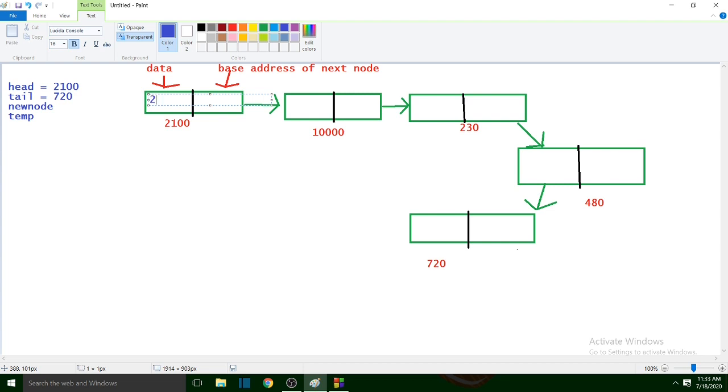So let's say some data is input by the user, that is 2, and the address of the next node. What is the address of the next node? Which is 10,000. 10,000, as you can see, is the address of the next node. So 10,000 will be here, this will be 3, and the address of the next node is 230, so 230 will be here. Here let's say user enters 4, 4 will be stored here, and the address of the next node is 480, so 480 will be stored here. Next up let's say user enters 5, and the address of the next node is 720, so 720 will be